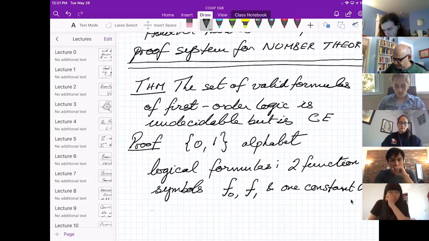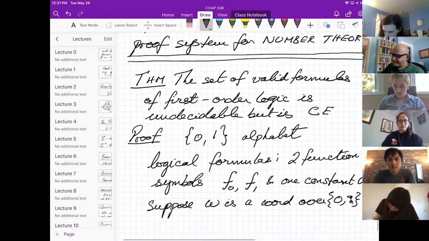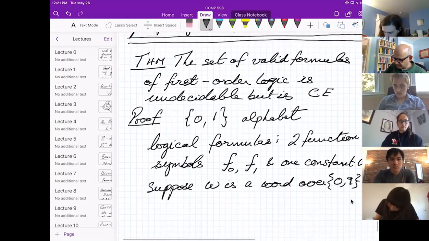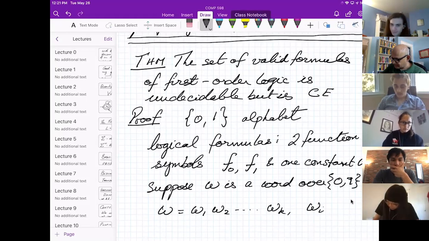Now, suppose W is a word over 0, 1. So let's say W looks like this, W1, W2, up to WK. Each WI is one of these letters, 0, 1.